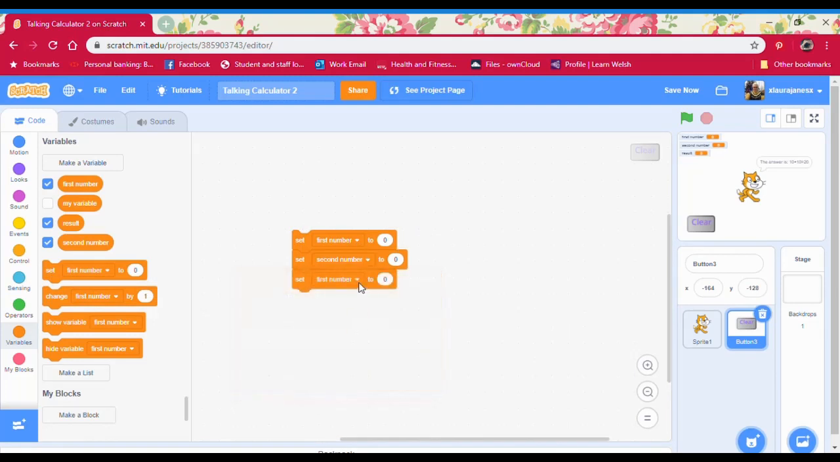So just like we've done before, you may have seen this before, to clear a number we just set it to 0. So I've set my 3 to 0, and in my events folder, if you've done the first, I'm going to put my second